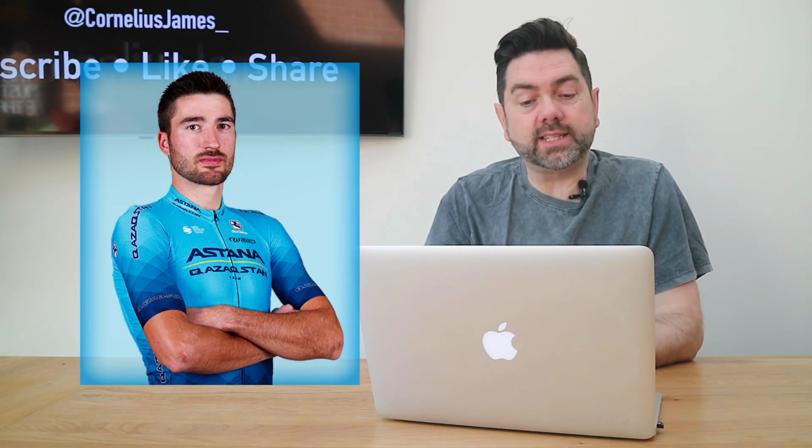Moving on to Team Astana Kazakhstan. These guys really own this aqua blue colour. They've used similar colours in the past, and this year they've gone with a diamond hatching across the bottom of the jersey and across the sleeves. This dark blue diamond pattern really contrasts very well with the lighter shade of the aqua blue,